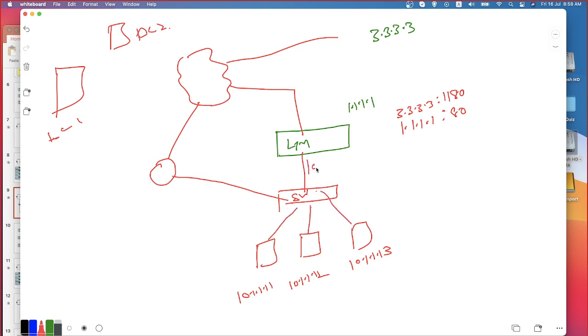Now we know that the LTM has 10.1.1.2 as the self IP and .1 as the floating IP, and 10.1.1.3 as the router's IP. Now what I can typically do on all of my internal servers, I can say that my default gateway is going to be my router because that's my priority, 10.1.1.3.